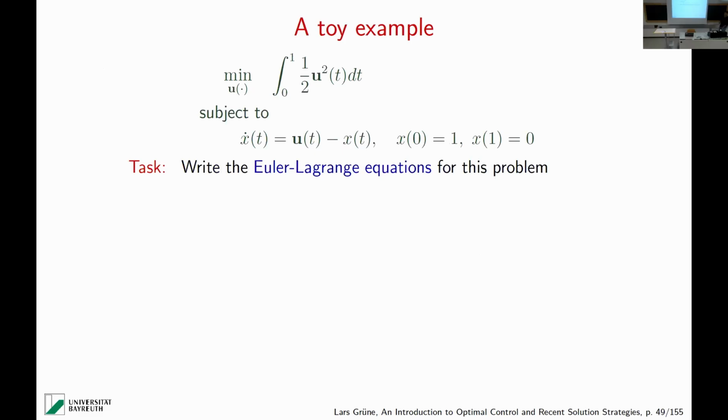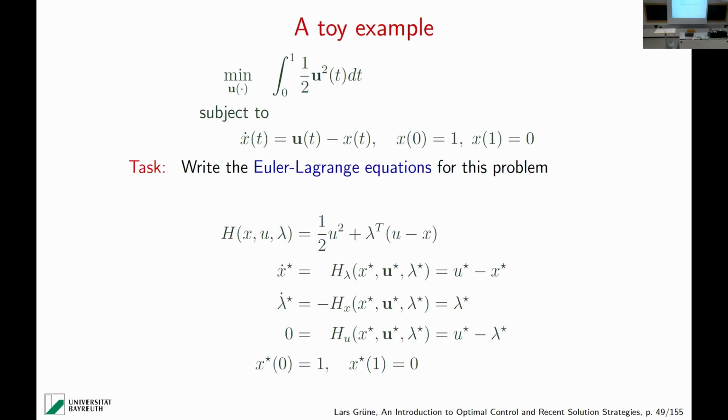Let me start with a little example to write that down, which also shows what you can do with that. This is a very simple problem. We have the task to control the system from state 1 to state 0, like that car I had before. It's just even more simple dynamics, one-dimensional. So x dot is equal to u minus x. And we want to do so by minimizing this quadratic control term, the integral over that. So in a way, we would like to go from 1 to 0 with minimal control effort. That's how you can think about that.